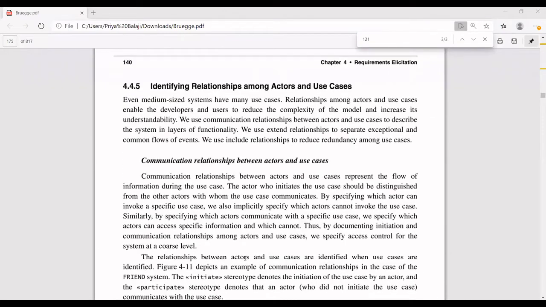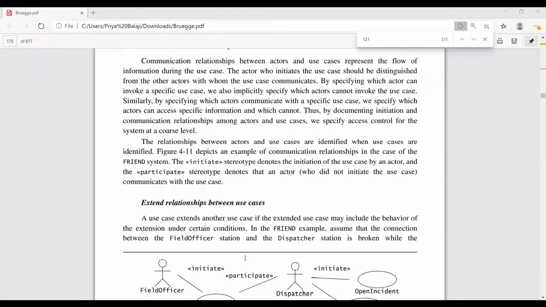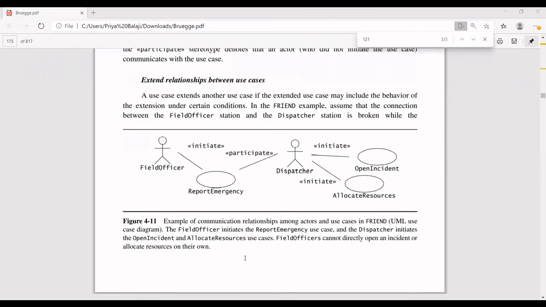Once your use case is done, once your scenarios are done, once you have refined your use cases, everything is done. Next, you have a separate actor, a separate machine, and a separate secondary actor. Now you have to find out the relationships between them. We have already seen certain relationships: the extend relationship and the include relationship. Remember that? Yes, extends and include relationship, you remember? Can anyone tell what the extends and include relationships are?